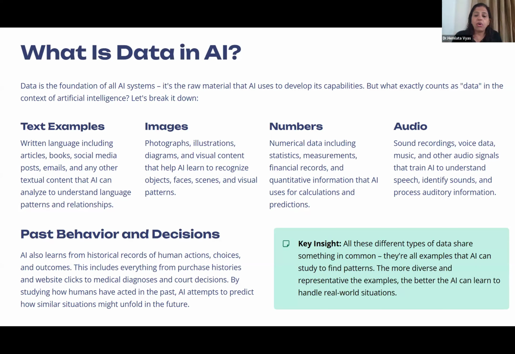If we look at all four components of the data, text, images, numbers, or audio, from the AI perspective, AI is able to study and find the patterns within them. The more diverse and representative the examples, the better the AI can learn to handle real world examples.